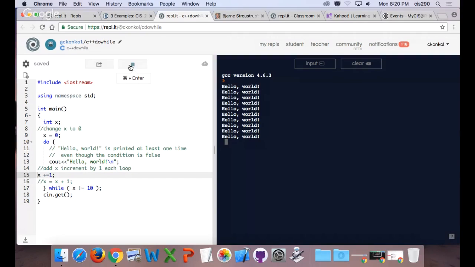Okay, we're incrementing x by 1. So x equals 1. Oops, to increment x by 1. There's a couple of ways to do it. I'll show you.